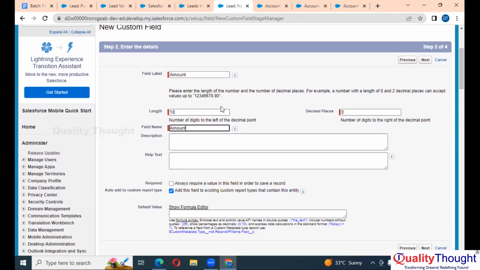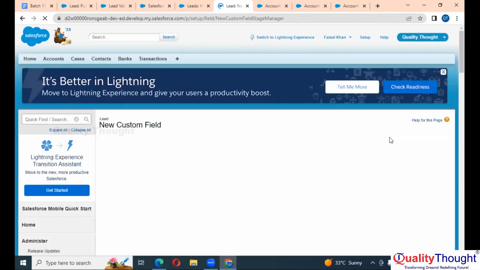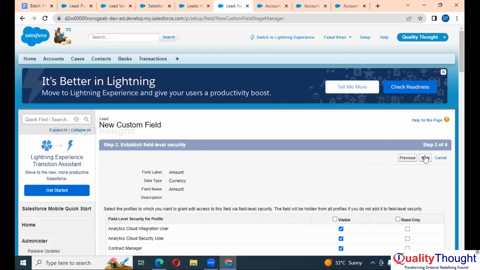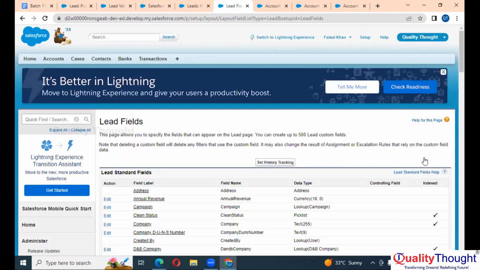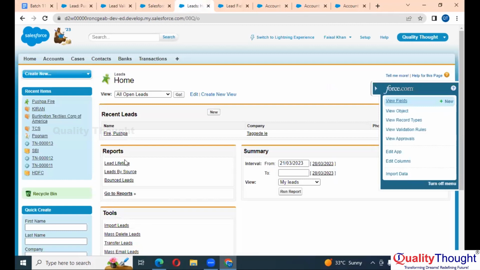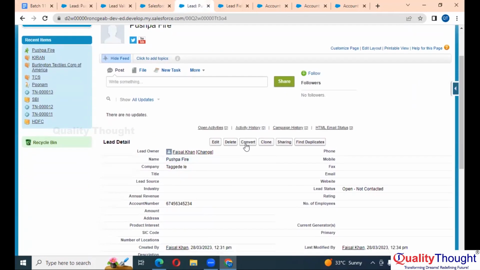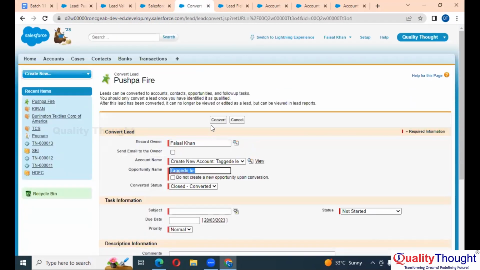Length is 18, same constant, same length. I'm not making any changes to it. Next, and save. If I convert this lead now, I'll get the error on